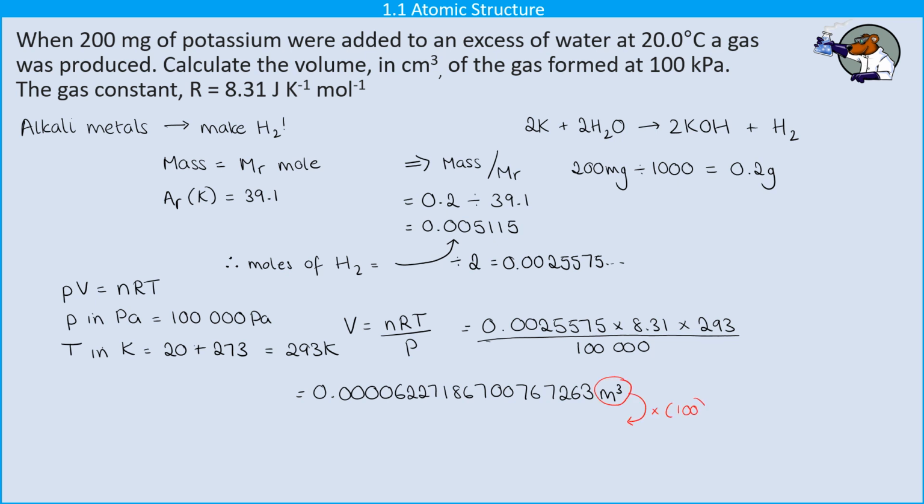But of course, our question asked us to give this in centimetres cubed, not in metres cubed. So now I'm going to do a conversion here as well. Hopefully you know to multiply by 1,000,000, but if you're under pressure, it might be worth just remembering where that million comes from. So you'll see here I've written it as 100 cubed, and that's because you know that to go from a number in metres to a number in centimetres, you multiply by 100. There are 100 centimetres in a metre. So to go from metres squared to centimetres squared, you multiply by 100 squared. And to go from metres cubed to centimetres cubed, you multiply by 100 cubed. And that's going to give me